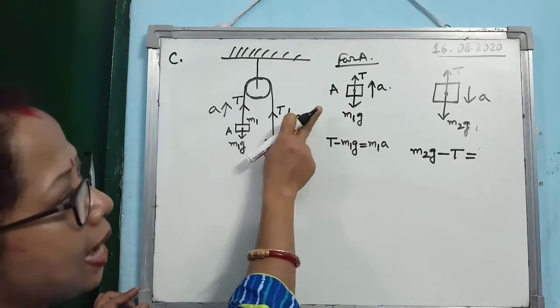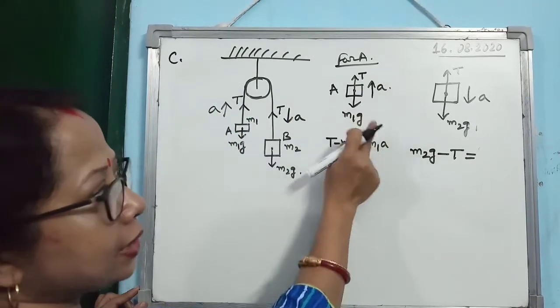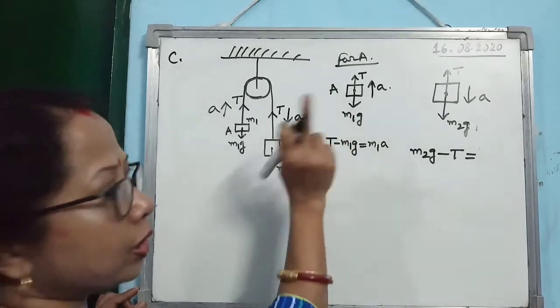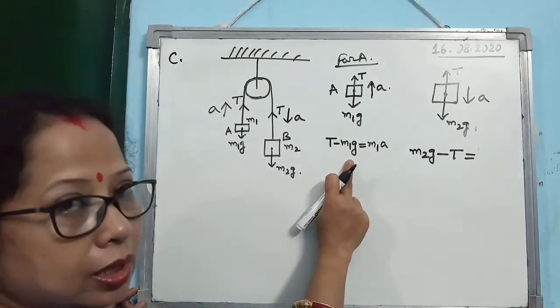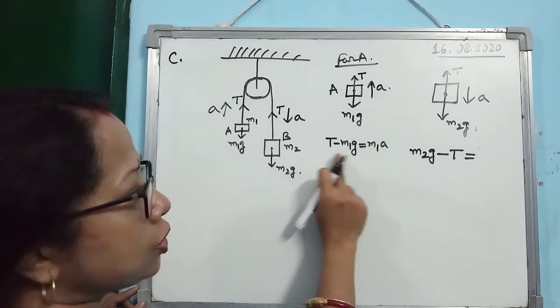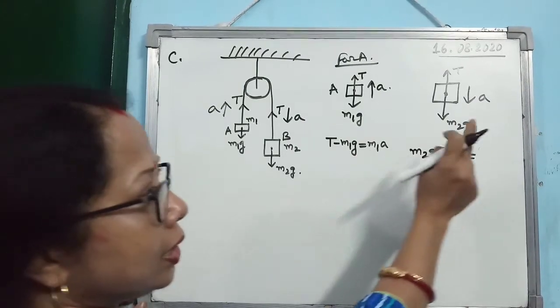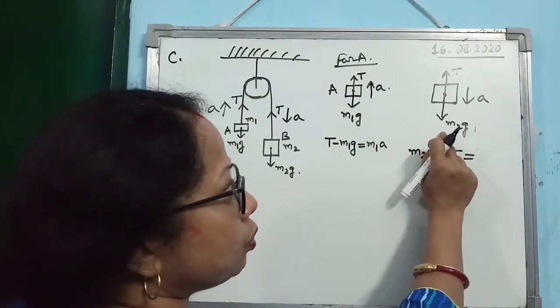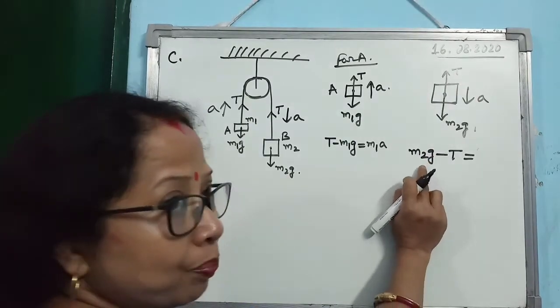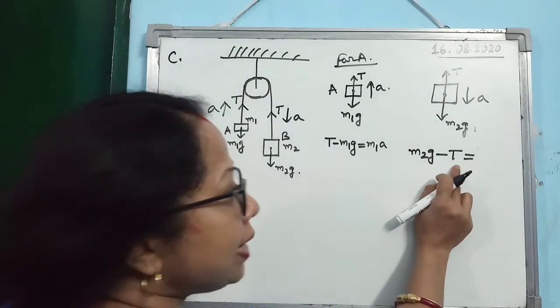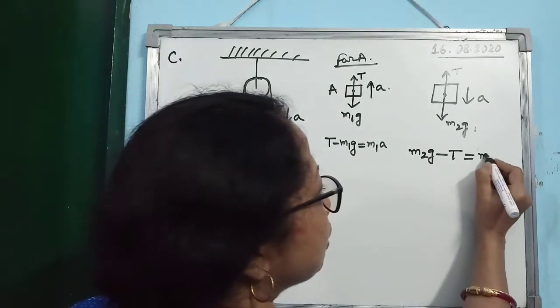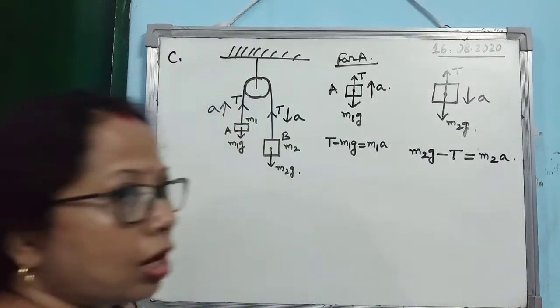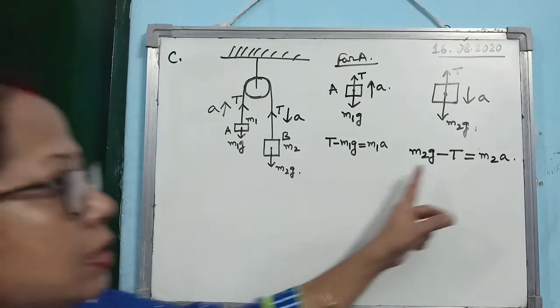Understand it here. As the body is moving in the upward direction, T is bigger than M1G. So net force is T minus M1G. According to Newton's second law, it should be equal to mass into acceleration. In this case, the body is moving in the downward direction. It means M2G is bigger than T. So what is the resultant? M2G minus T, which should be equal to, according to Newton's second law, mass into acceleration, means mass of M2